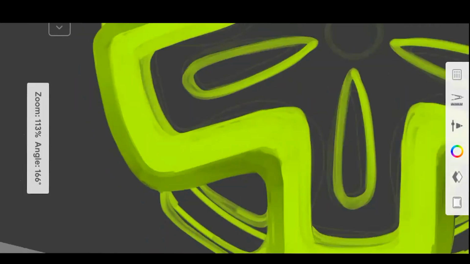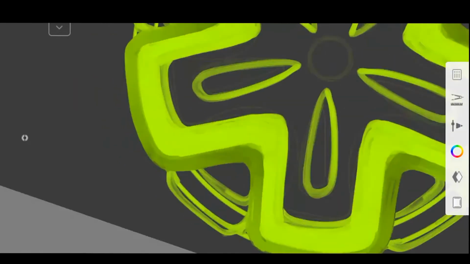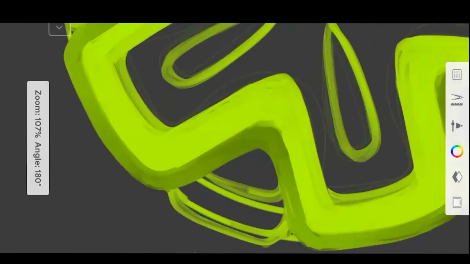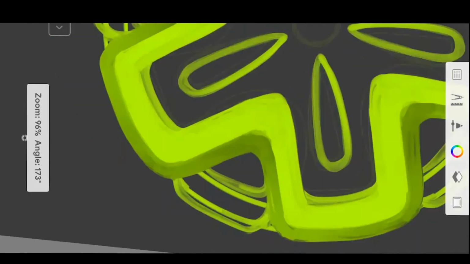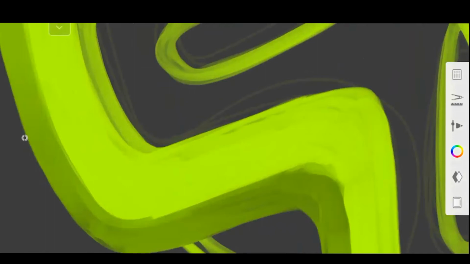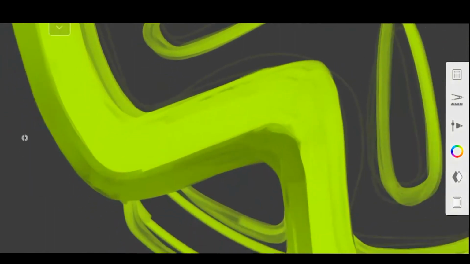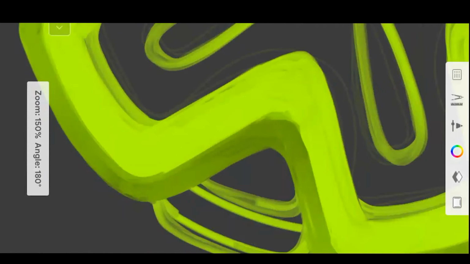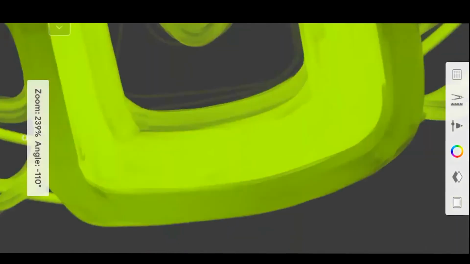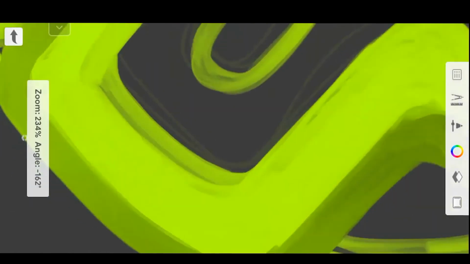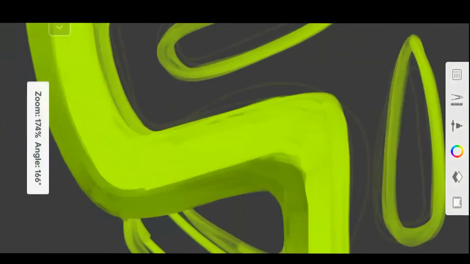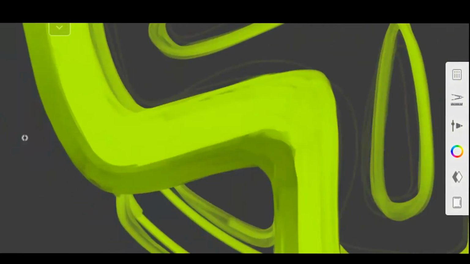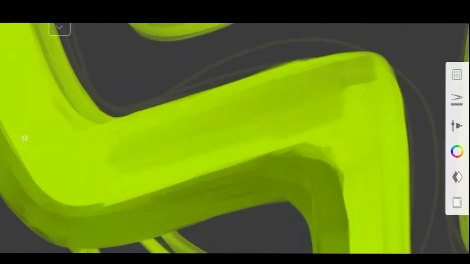So now what I will do is I will create a depth effect, and for that I will pick the color again. Then I will switch to the pastel again. And now I have to show the depth effect here also, because the light will not fall directly onto this. So this part will remain dark, but this part here will remain as it is. So for that I will brighten up the color a little bit, and then I will start doing this.